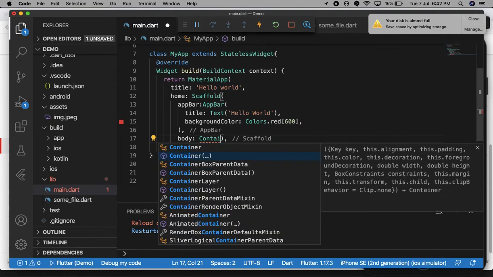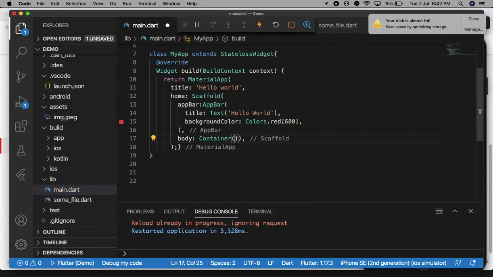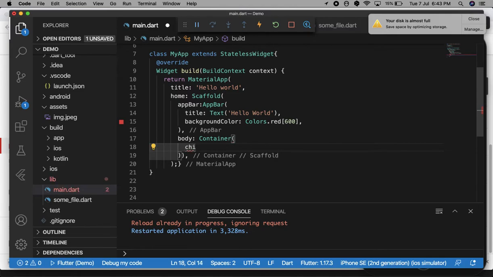In the container widget, I will use a child with a text, the same widget, Hello World.